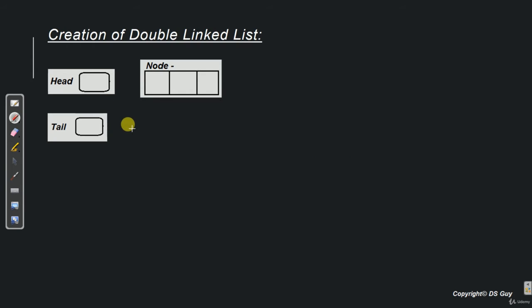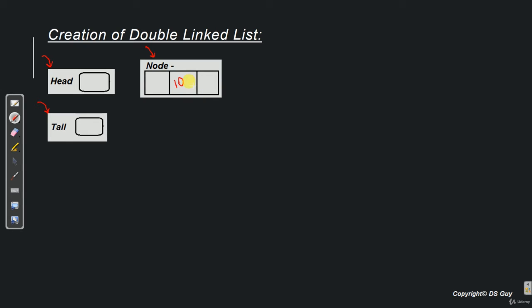Now creation of a double linked list is extremely simple. All that we have to do is declare a head reference and a tail reference. Once that is done, we create a blank node. Now the next step is we insert some value in this node. Let's say we want to save number 10. So this is done.